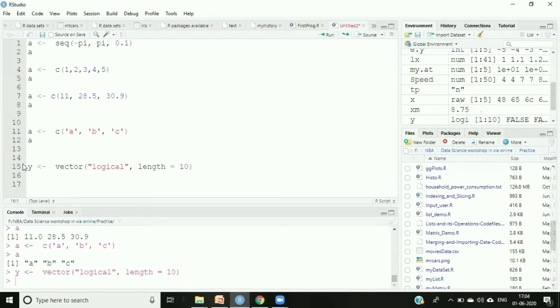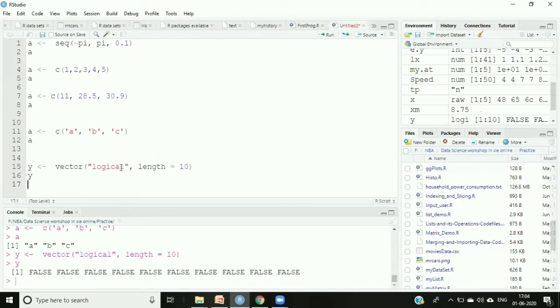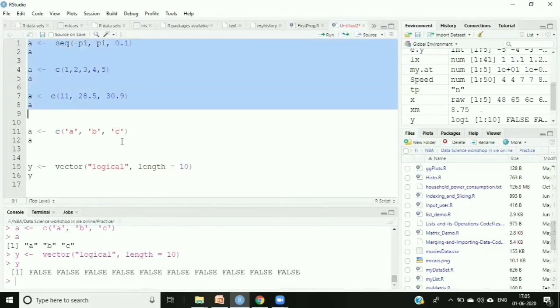So enter, and now check the value of y. I mentioned logical, that means it will give me TRUE and FALSE. And I mentioned the length should be 10, right? So it has given me 10 values of that particular logical type. So with the help of vector also you can create, but the most preferred ways, we always prefer these two: one is the c function, and second is the sequence function. These are the most popularly used ways to create a vector.